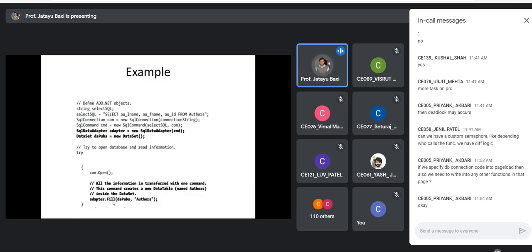So adapter dot fill, what is the first argument? It is the name of the data set. And the second argument is the name that you are giving to this data set, just like a name which we will use to identify this particular data set.